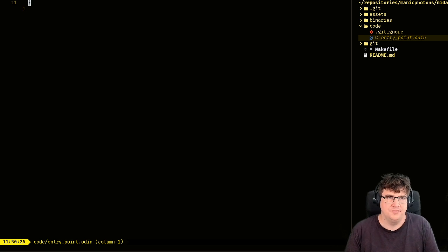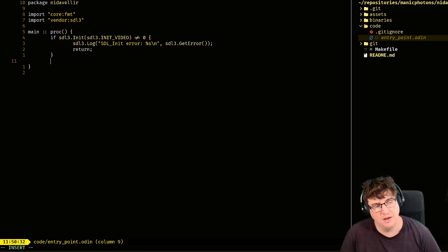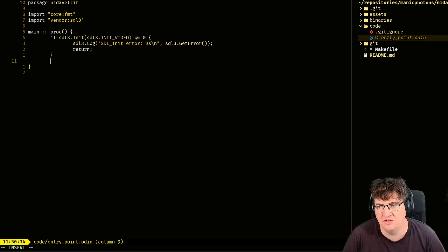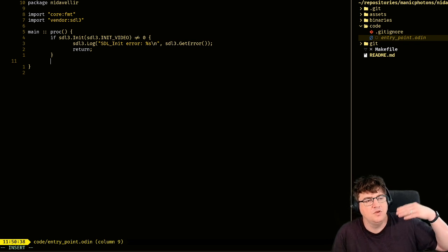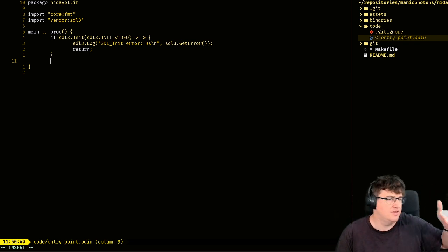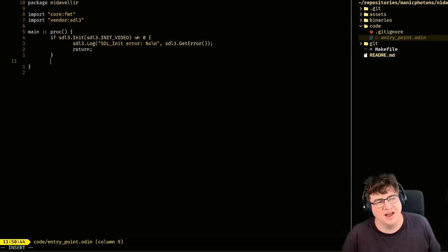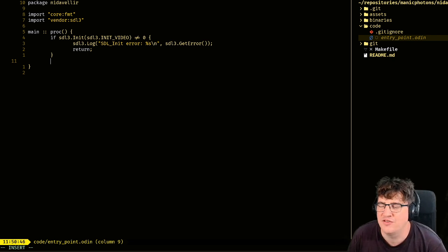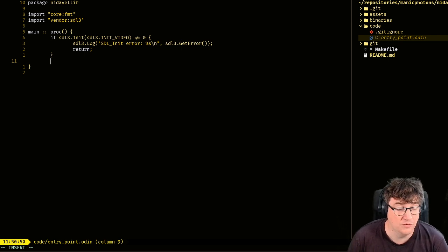Then, another nice part of Odin is the ability to defer function calls. So as you fall out of scope, anything. Got some interesting transparency going on with my green screen. Sorry, slightly distracting. As a defer call falls out of scope, it executes.